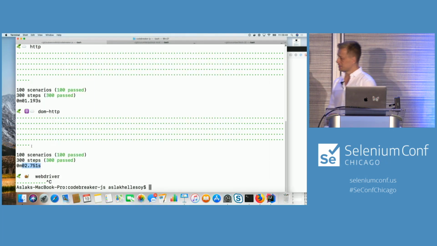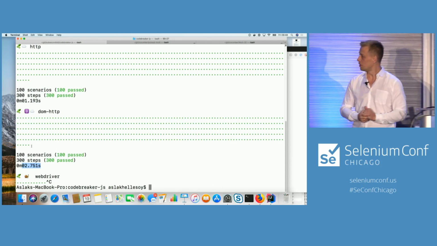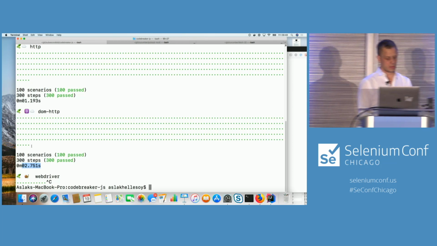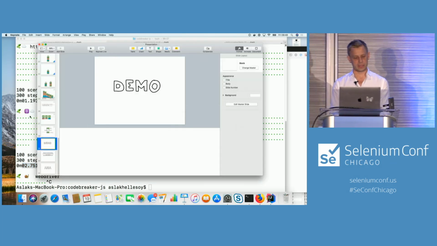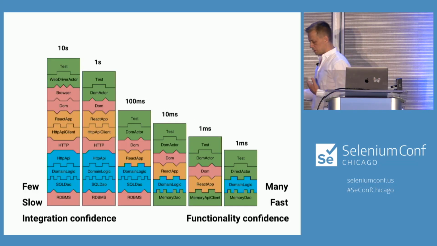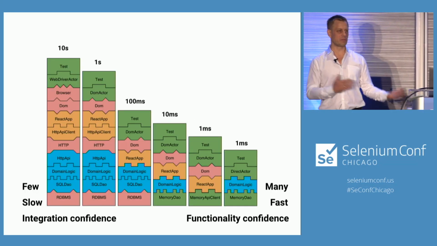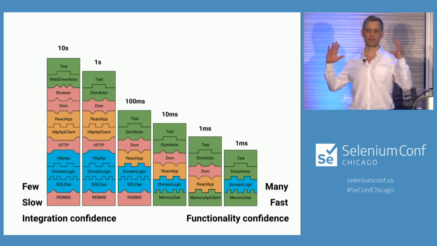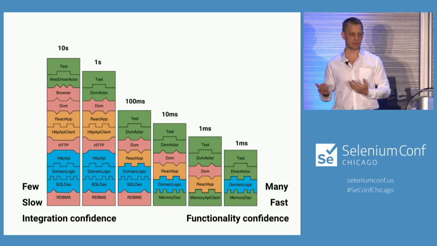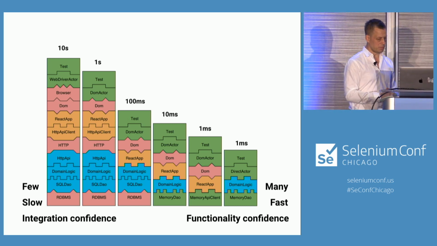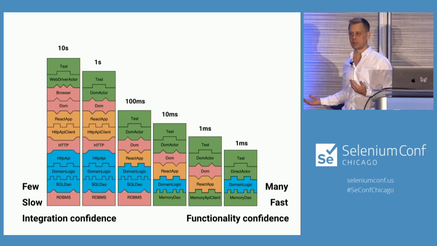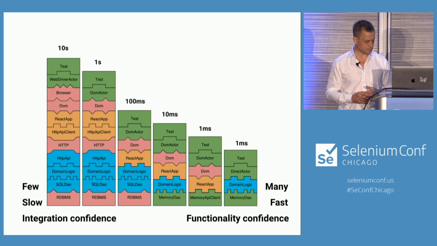Yeah, so I guess that's really what I wanted to show you: you can write your test in such a way that you can have a trade-off between wanting really, really fast tests that give me confidence about the implementation, at the cost of the confidence that it runs in all of these different kinds of browsers.